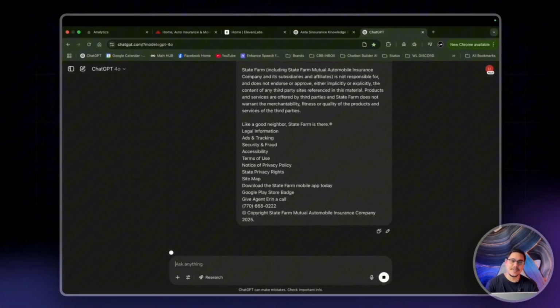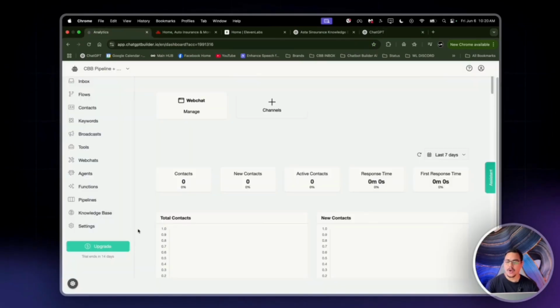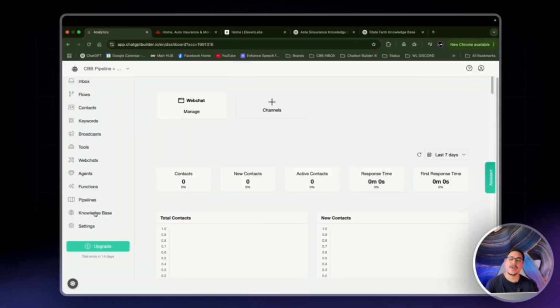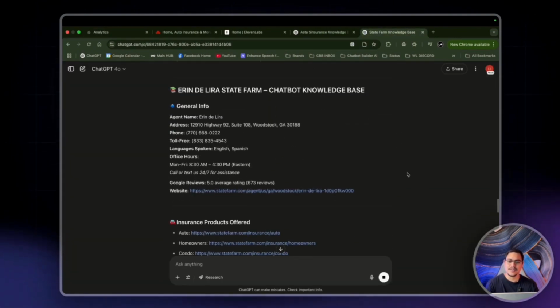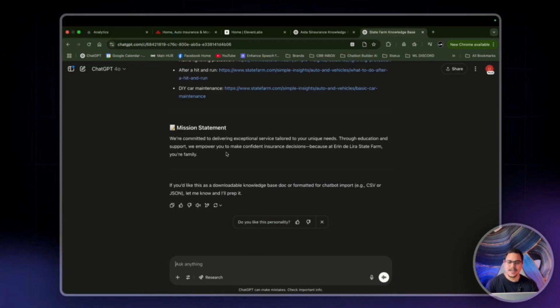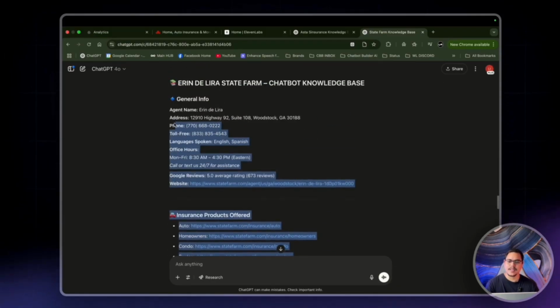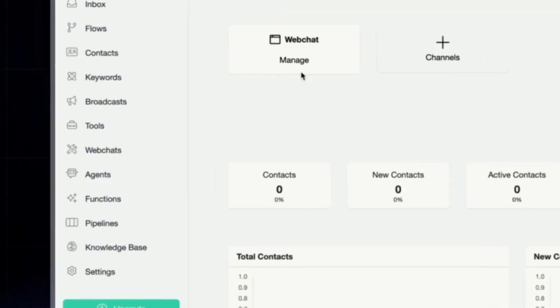Now ChatGPT will create the knowledge base for this. We have in CBB also something called the knowledge base builder, where you can drop in PDFs, links, etc. to build your knowledge base. For this instance, we'll just use ChatGPT. So as you can see, here it goes. Okay, perfect, awesome. So let me just copy all of this and head back over to CBB